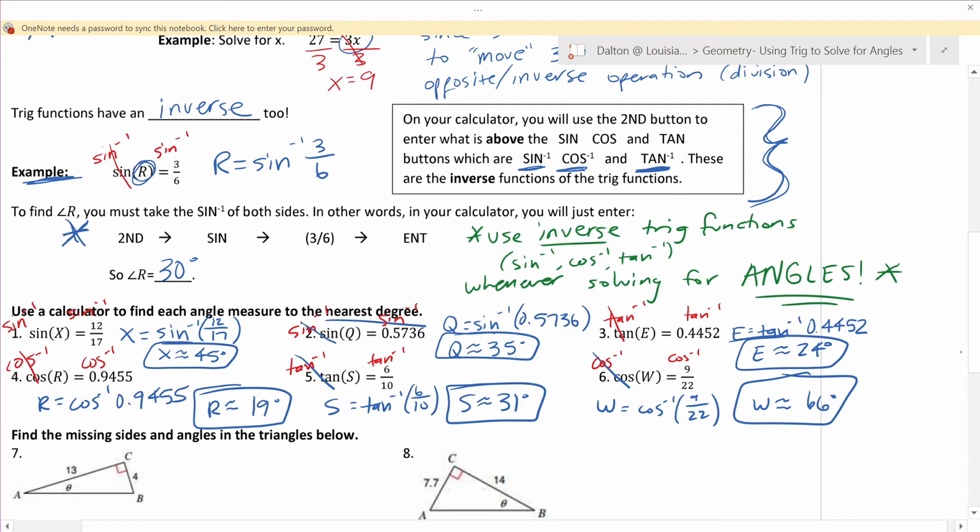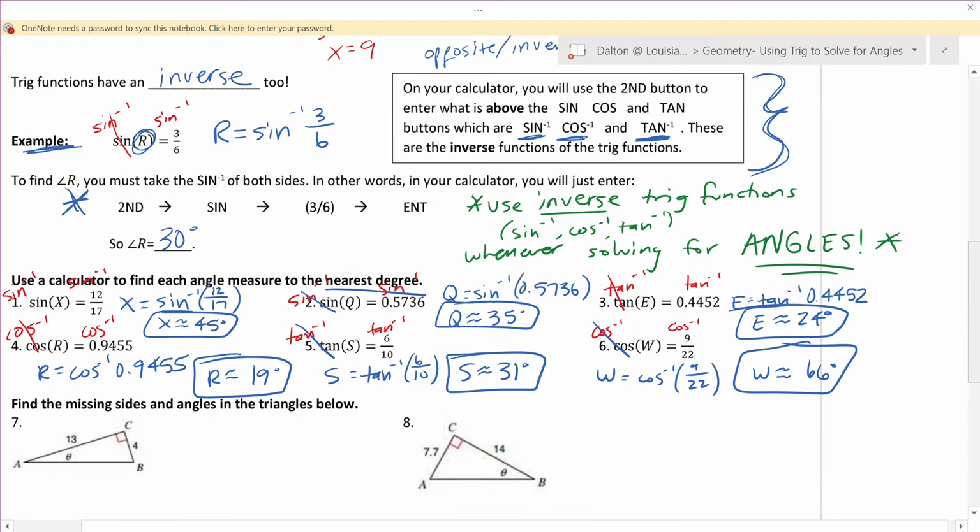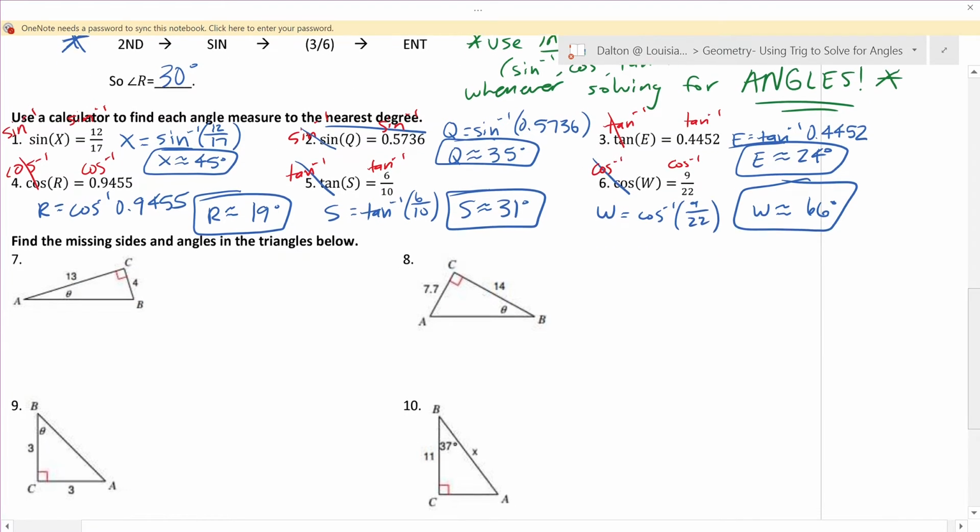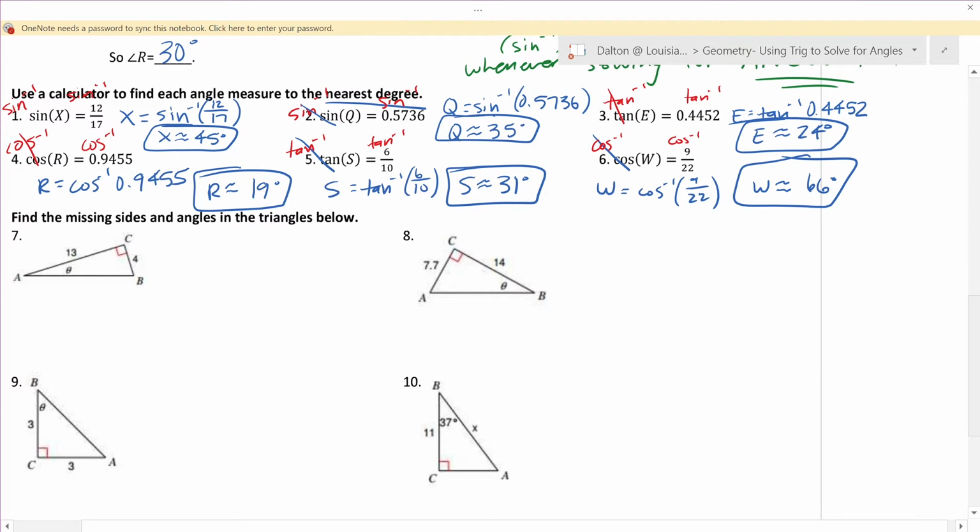Okay, so that's the mathematics, the algebra behind plugging it into your calculator. Now, how does that even set up? Well, basically, we're going to treat these problems just like we did the problems we've done before. In order to find missing sides and angles, you always start with writing information. Write your reference angle, write what you know, write what you need to figure out. So for number 7,